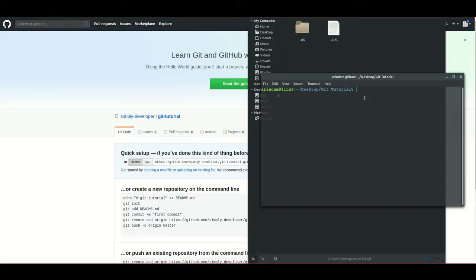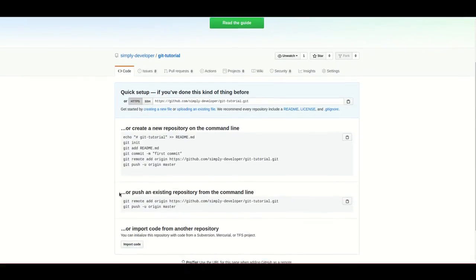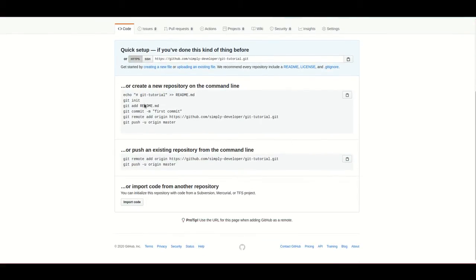First we create a Git account, then we start our Git development. In that MD file we have git init, add file, then commit, then remote add.